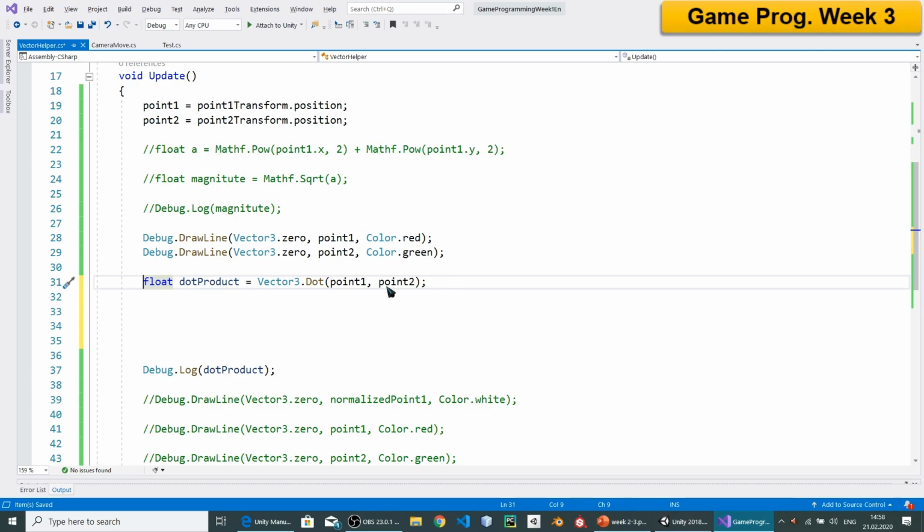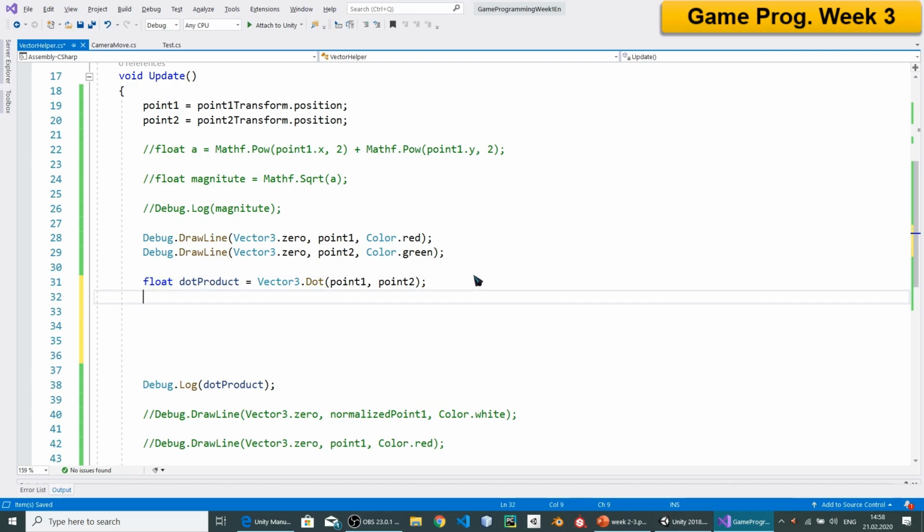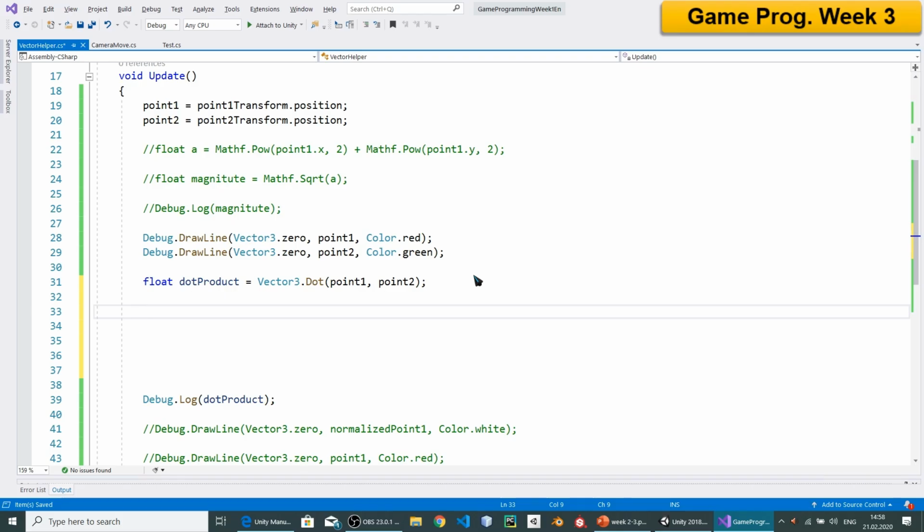Okay, now you're going to see that it's useful. Take a look. I have point 1, I have point 2. First of all, the formula is something like this. Say point 1, say dot point 2. This is, by the way, pseudocode. Point 2 is equal to